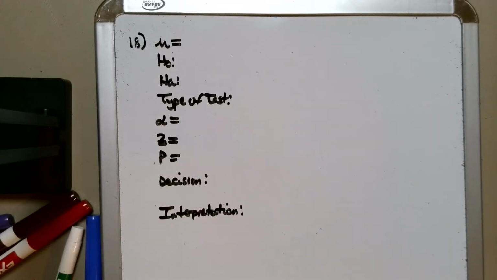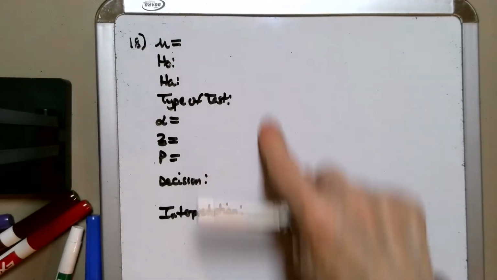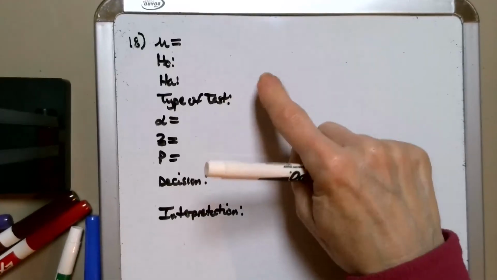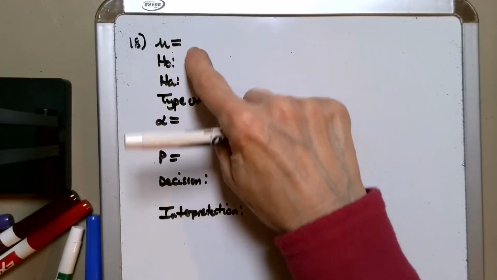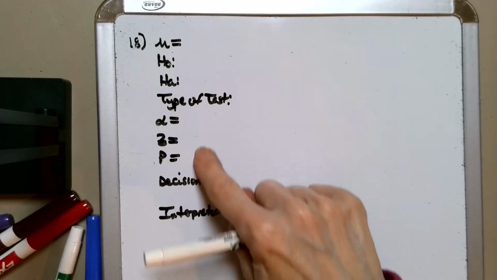All right, back again. We're going to hopefully finish, or maybe one more video after this, starting with the test 3 review, starting with number 18, a hypothesis test. So when you're doing a hypothesis test, it's good to have all these variables set out. Mu equals, H sub 0, H sub A, null and alternative hypothesis, type of test, alpha equals, Z equals, P